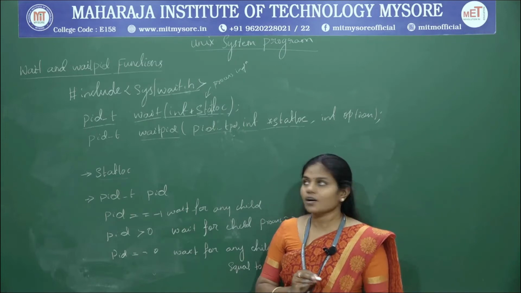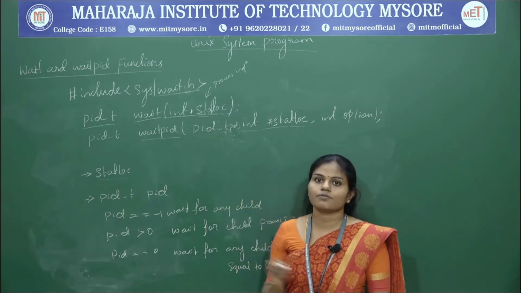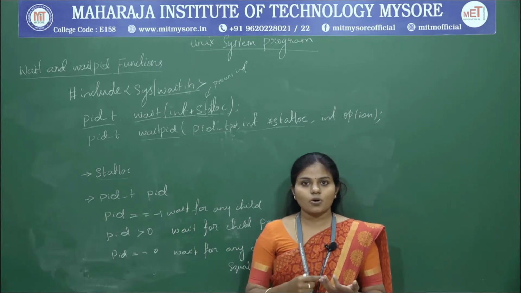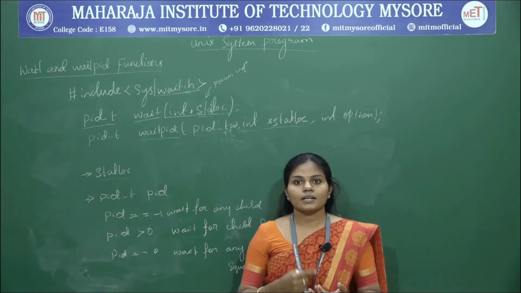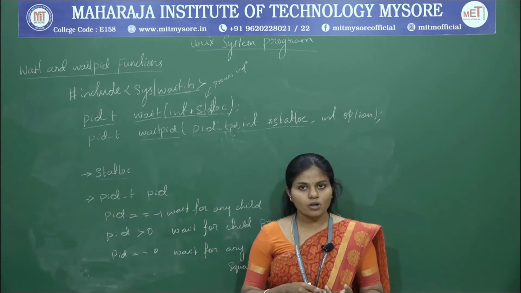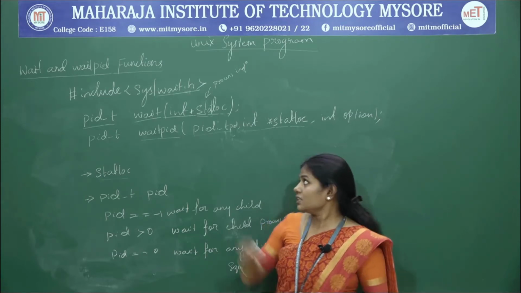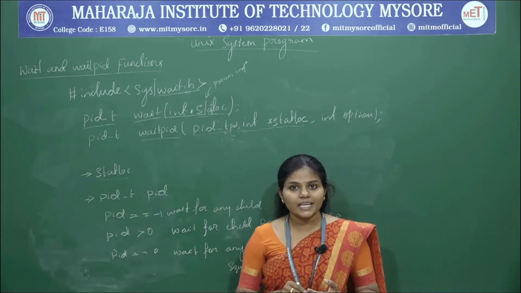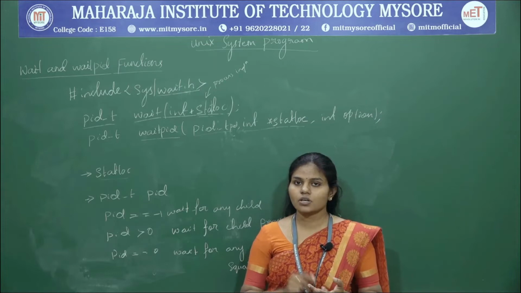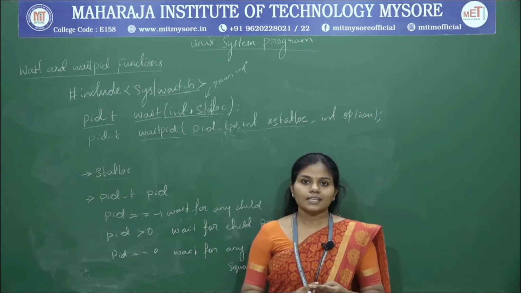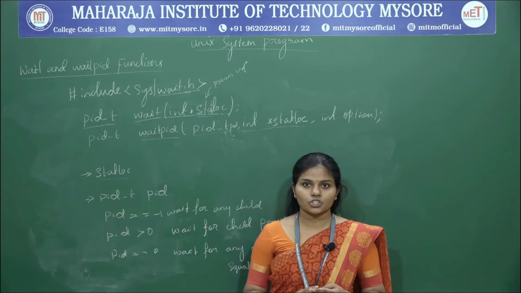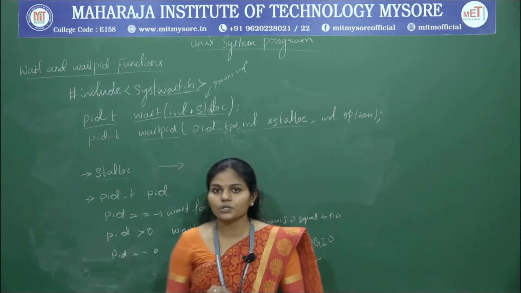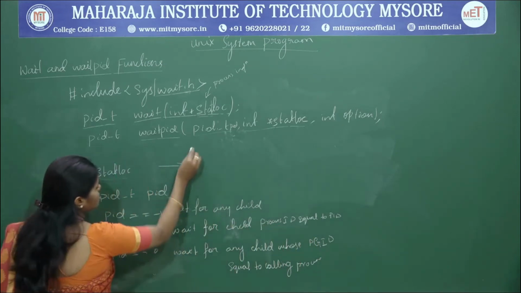We know that after executing this, the process is going to terminate, right? So the parent is going to be blocked until the process is terminated. That is the first case. When this function is executed, it is going to return the termination status immediately. If no child is there, then it is going to return the error message, right? So in that case, it is going to return the termination status.